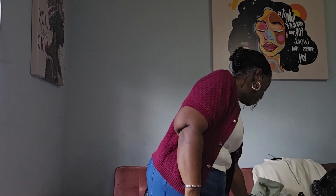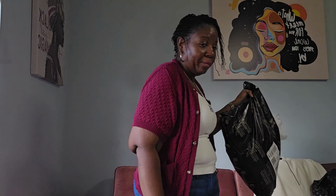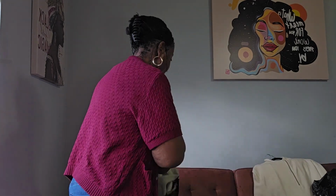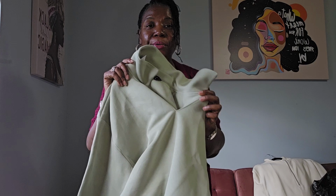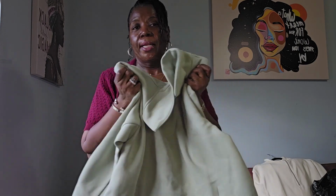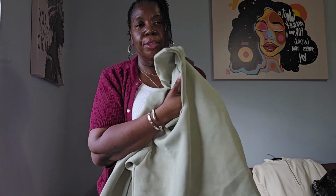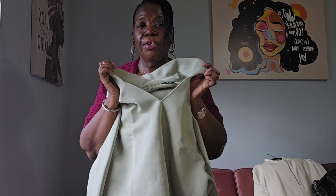Next is going to be Banana Republic. Excuse me, kitty. So, the Banana Republic, I decided to order two. Soft, buttery soft, 65% cotton. So that's why I liked it. They're extremely soft, durable, and on the inside is just nice and smooth. So, and it's got a V-neck